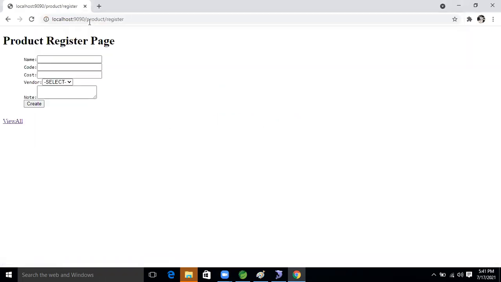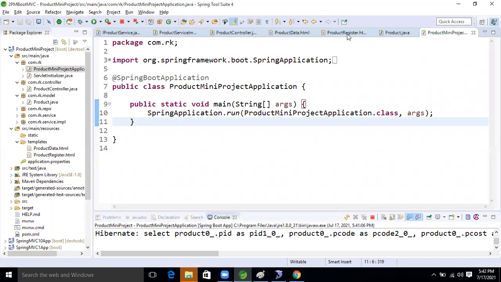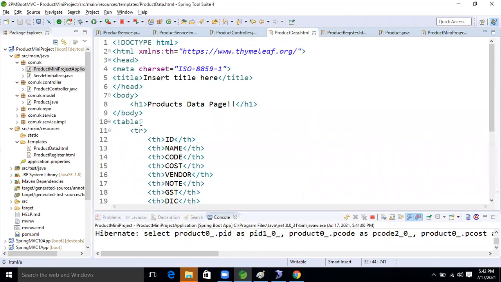And here we got the register button as well as view all data. There is no data in the database now. We are getting only ID, name, code, cost, vendor, note, but let's design it a little bit, okay, guys. So come to our product register and product data, right? Here a table is there.